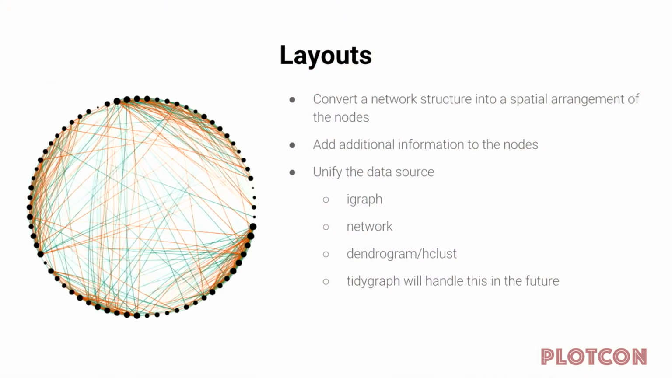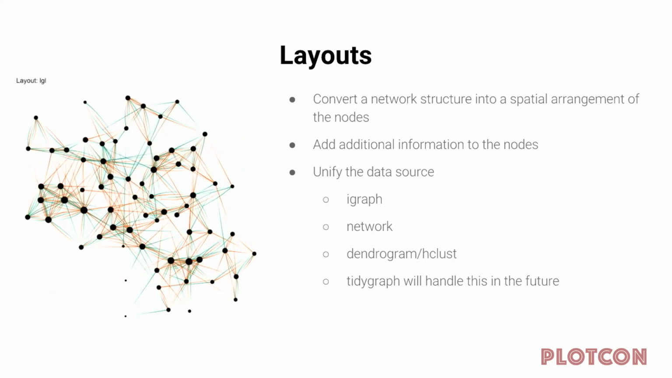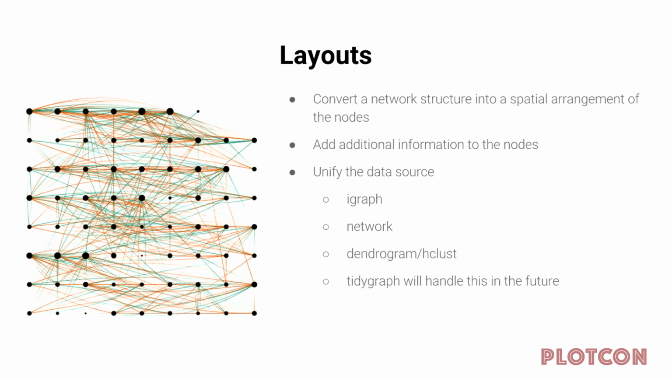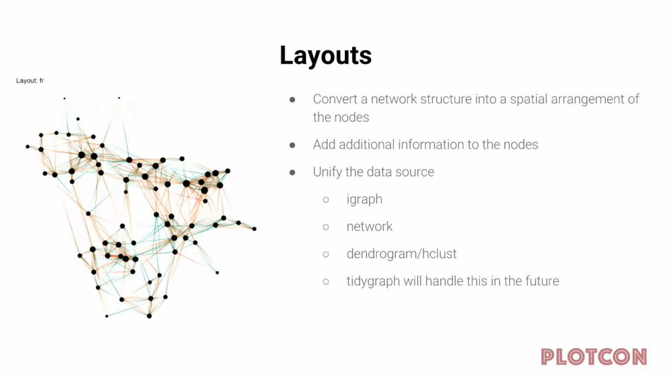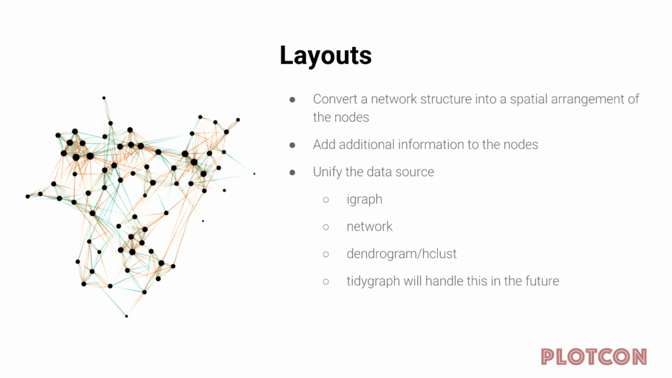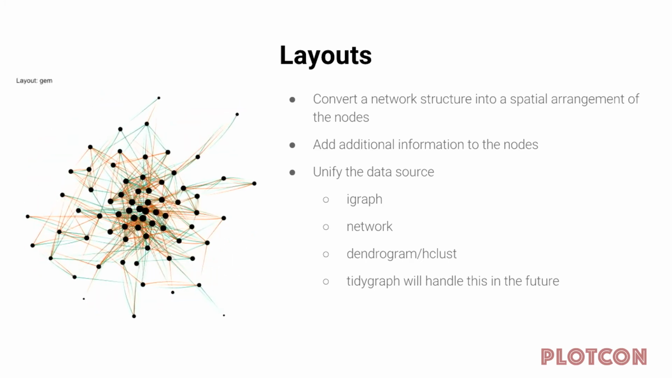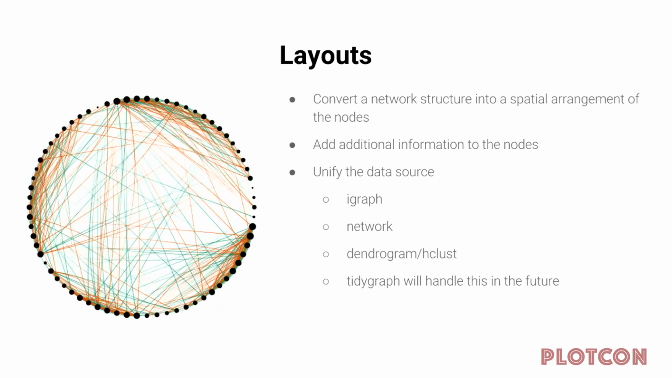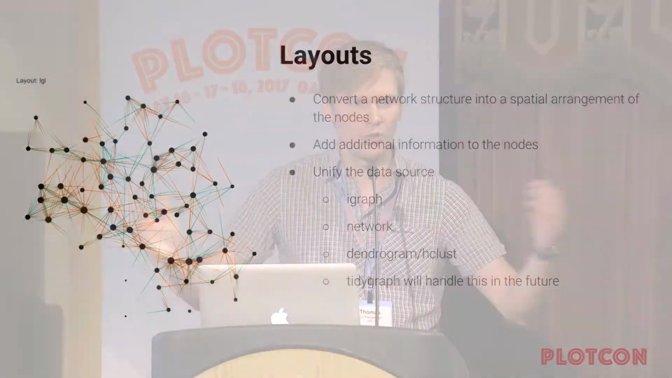So layouts, what are they? Well, layouts are a conversion of your data structure, the relational structure in your network, into a position of the nodes. But in the context of ggraph, the layouts also do other stuff, so it can add additional information to the nodes. So for instance, if you want to plot a tree map, it's not sufficient to just know the position of the rectangles. You also need to know the dimensions of the rectangle,